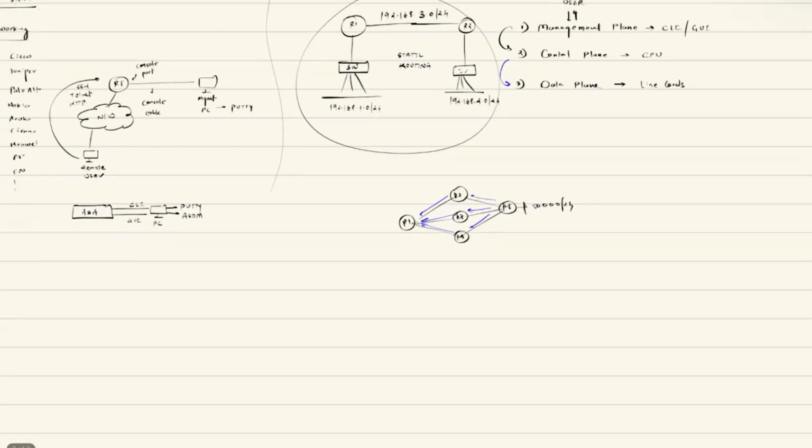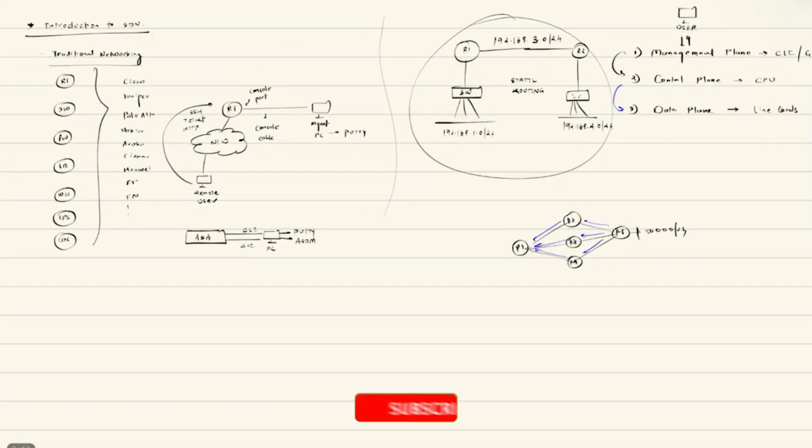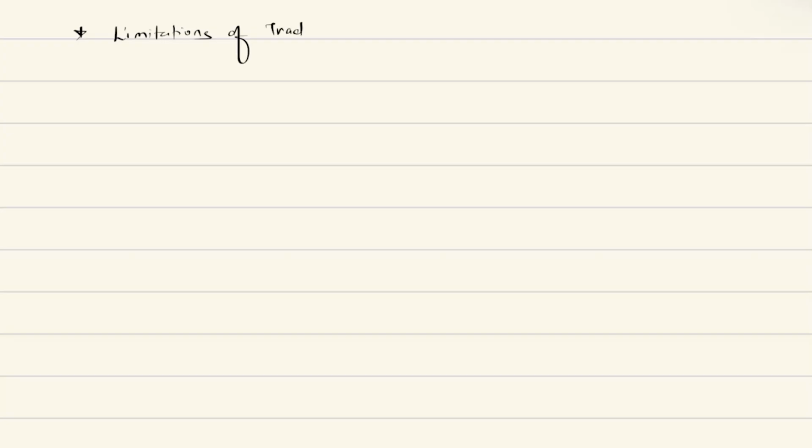Now, we need to understand what exactly is the limitation of this traditional network, right? So, what we're looking at right now is the limitations of traditional network. Now, here's a classic example.